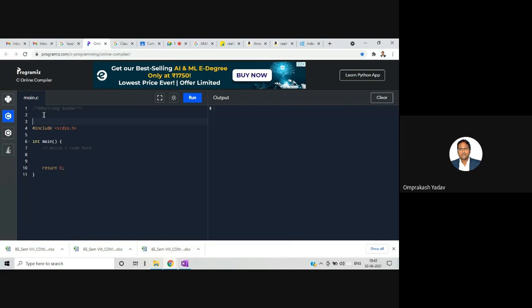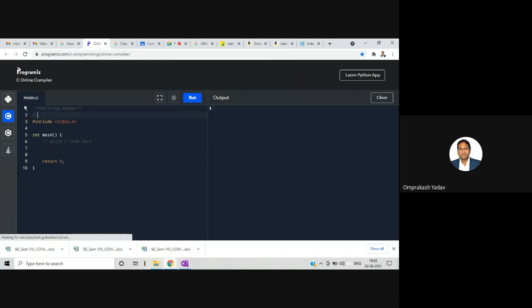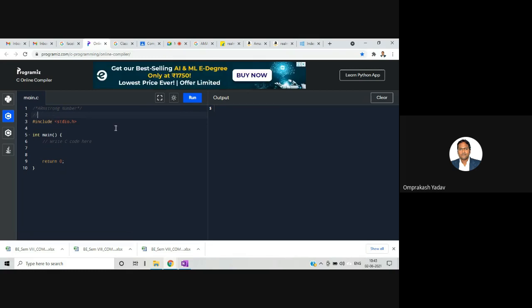Okay, if you want, you can write a single line comment also. How to write a single line comment? By double slash, right? Now here I am writing the code. Before printf, I can just declare the variables. So int n, remainder, and n copy,